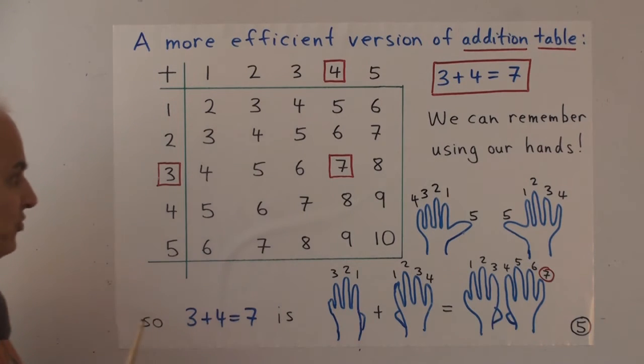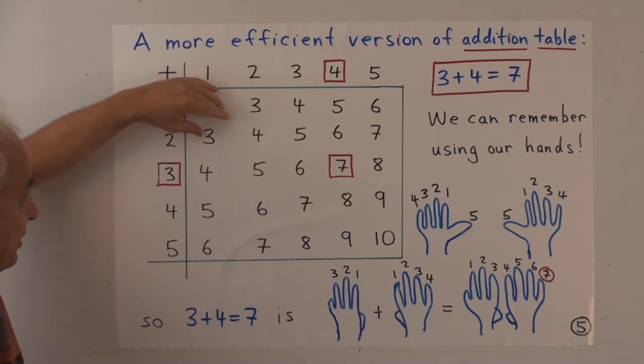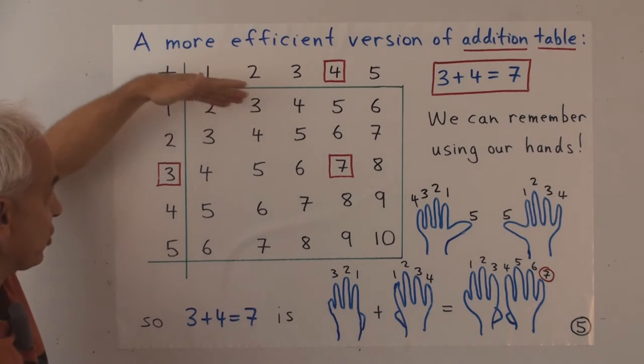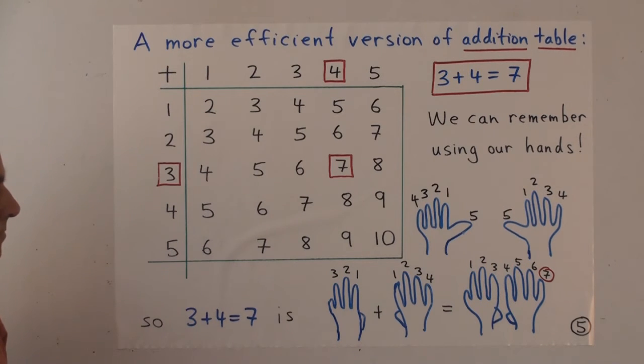Okay, it's not a mystery of how to construct this table. 1 plus 1 is 2, that's the first or the simplest addition, and everything else is built up from that by moving sequentially one up as we go along the row or the column.